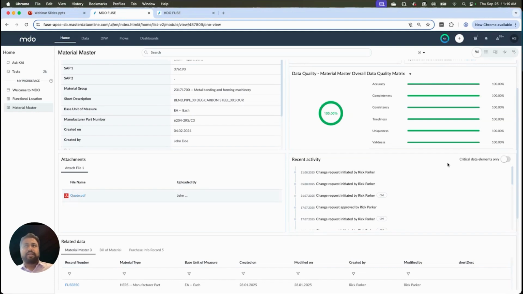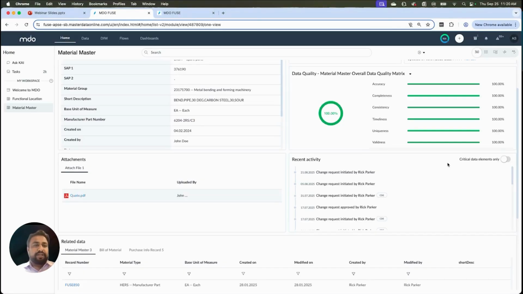Like you have the contract ID for an asset. If an incorrect contract ID is provided, or if the contract ID is missing, then it becomes a challenge how this asset would be maintained. So those type of information or those type of checks were applied within MDO, and MDO works as a stop gate process where you first have to fix these critical elements and then move forward to the other environments. So we maintain a good data quality and overall reduce the impact in other environments or the other external systems where the data has flown.